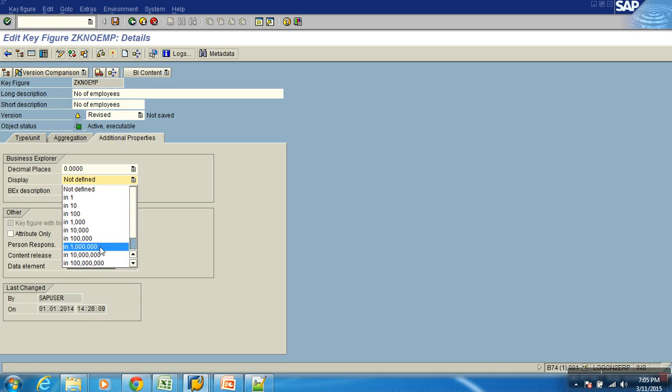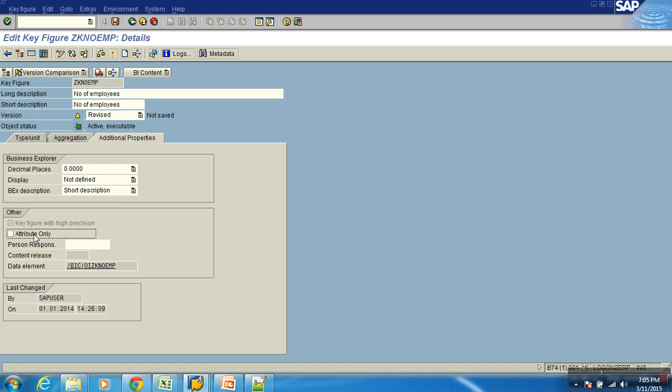Instead of showing a big number, let's say it's in crores, I want to show only the number of lakhs, say 10 lakhs, 20 lakhs or something. Then I can do scaling of the values with the scaling factors. But if I set it here, it will affect all the reports. Again, I'll have a property in the reporting which will affect only one report alone. And the description, whether it shows long or short description in the reporting.